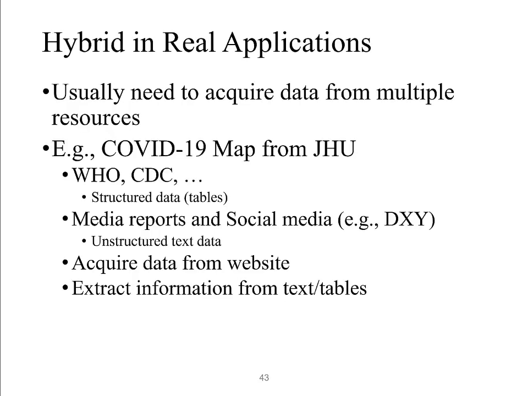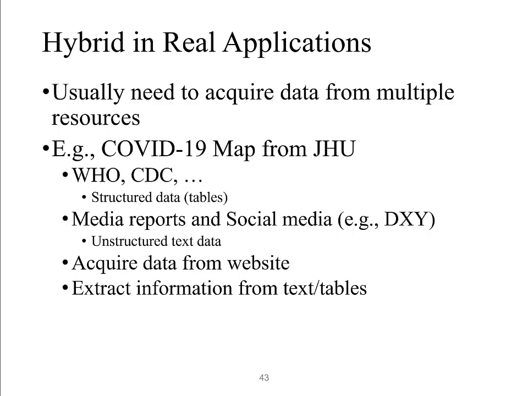In real applications, we usually need to acquire data from multiple resources. So we need a hybrid of all the techniques we have mentioned before. For example, the COVID-19 map from Johns Hopkins University, their data comes from WHO, CDC, or the European Center for Disease Prevention and Control. Here, the data is usually structured data, which are tables, and the data comes from media reports and social media,